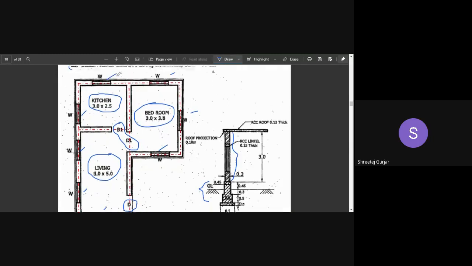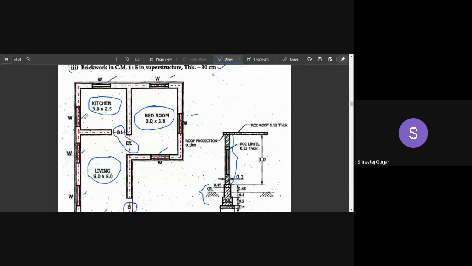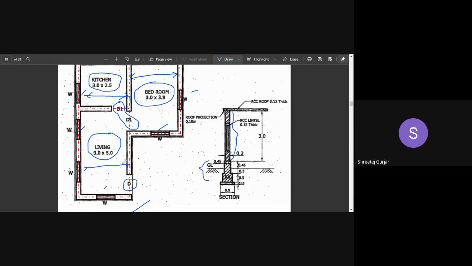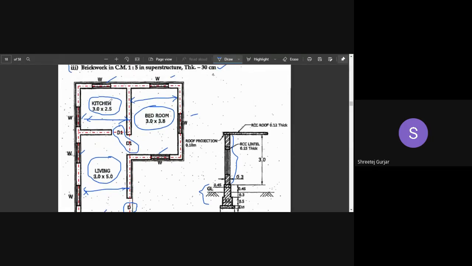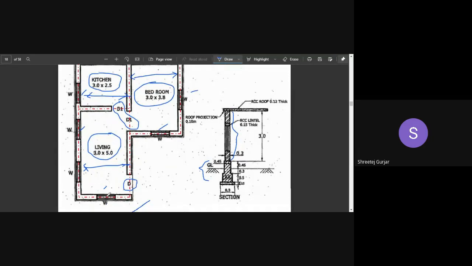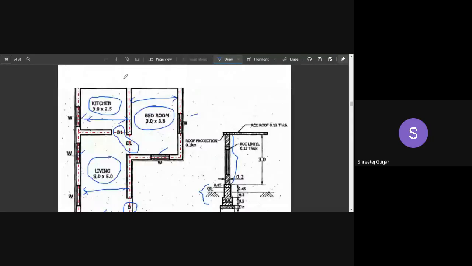So this is kitchen. You can see the width of your kitchen is 3 meters, right? And the width of your bedroom is also 3 meters. So it is similar in width, and our living room is also similar in width, that is, it is 3 meters. Then the center line I have drawn in red. I hope you can see the center line. So this is the center line of your plan.